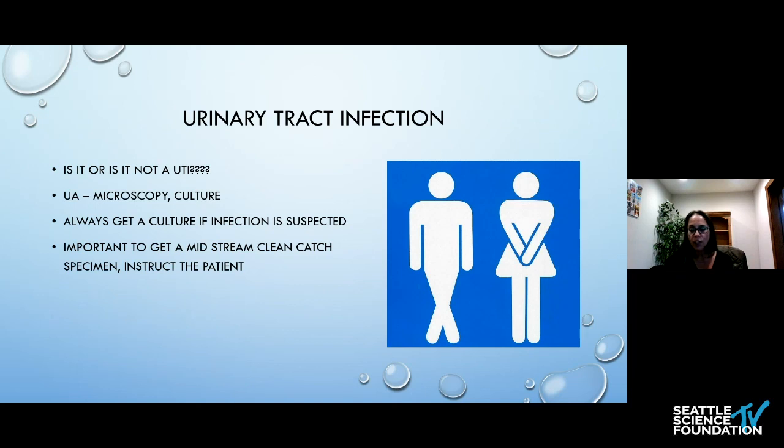So I always try to educate my patients on the appropriate method of obtaining a specimen. You'd be surprised how many patients come in and they've obtained the specimen either from a bedpan or from a commode that's never been cleaned. I've sometimes had patients who have obtained the urine out of the toilet after they've peed into the water. Obviously, that's going to give you an inaccurate culture. The other thing that you need to instruct the patient is the...